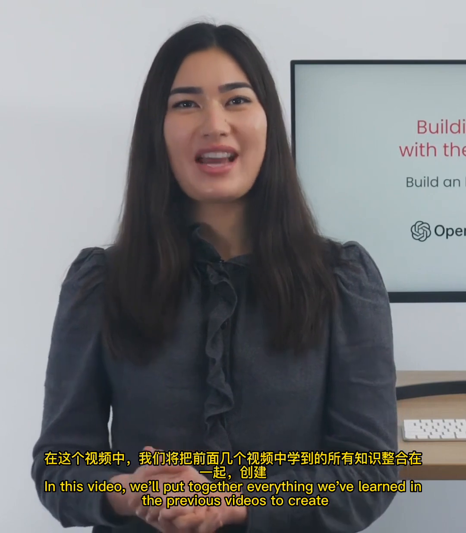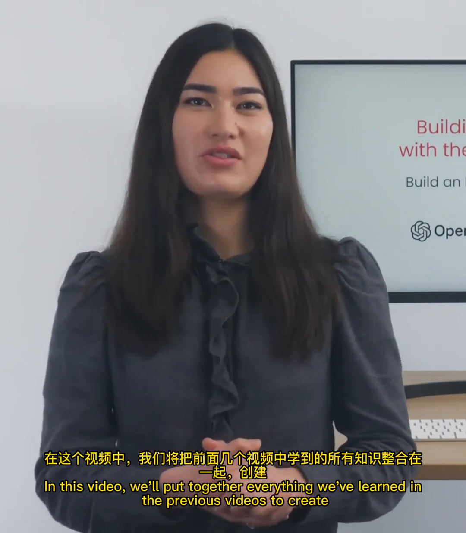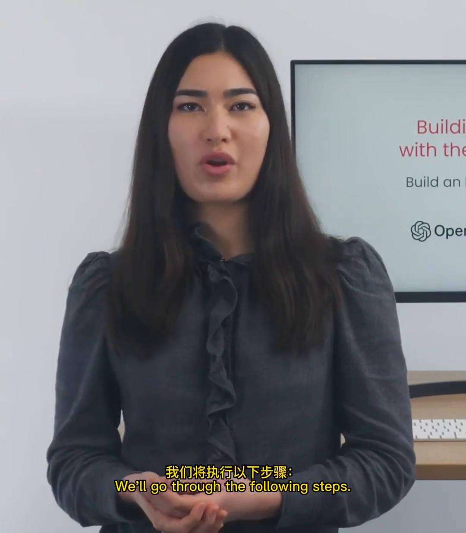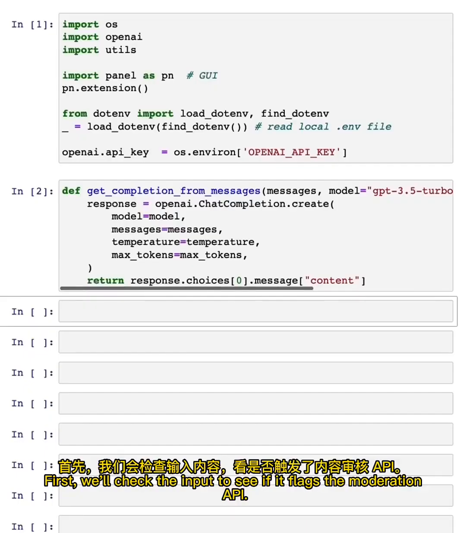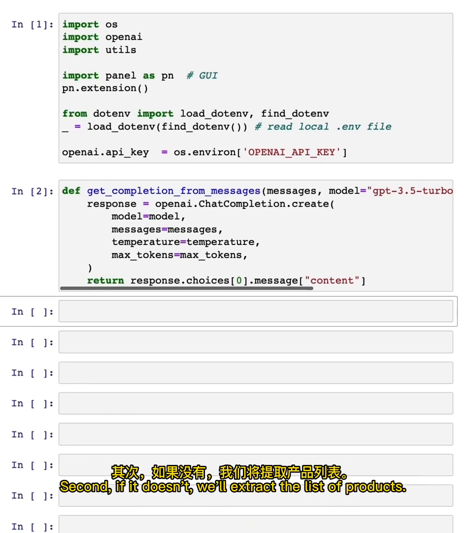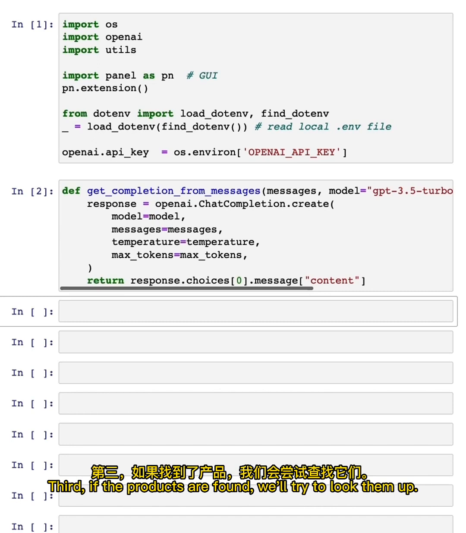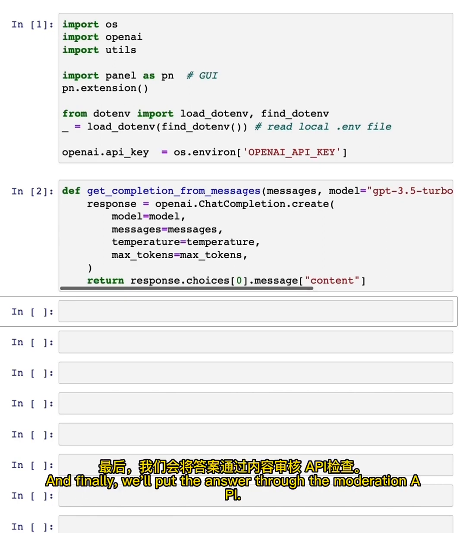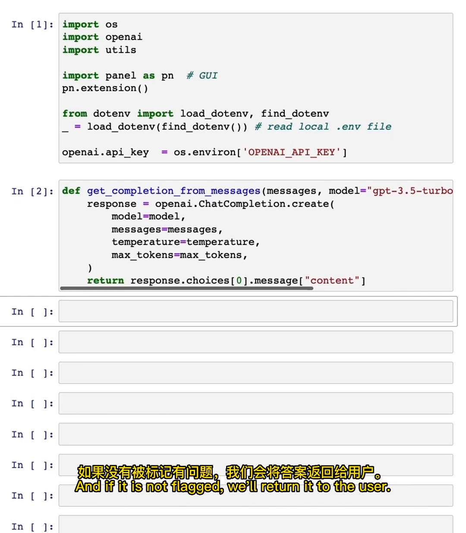In this video, we'll put together everything we've learned in the previous videos to create an end-to-end example of a customer service assistant. We'll go through the following steps. First, we'll check the input to see if it flags the moderation API. Second, if it doesn't, we'll extract the list of products. Third, if the products are found, we'll try to look them up. And four, we'll answer the user question with the model. And finally, we'll put the answer through the moderation API, and if it is not flagged, we'll return it to